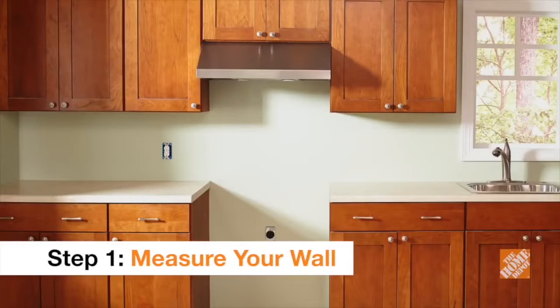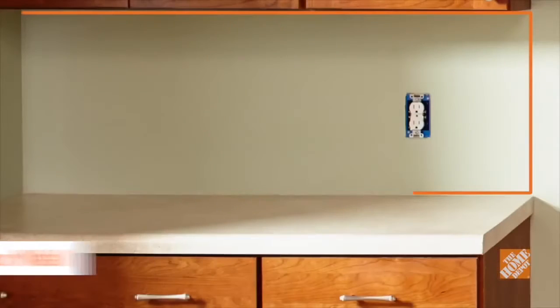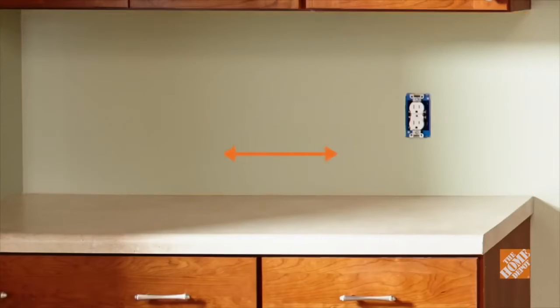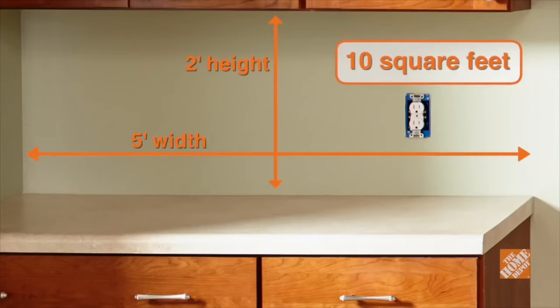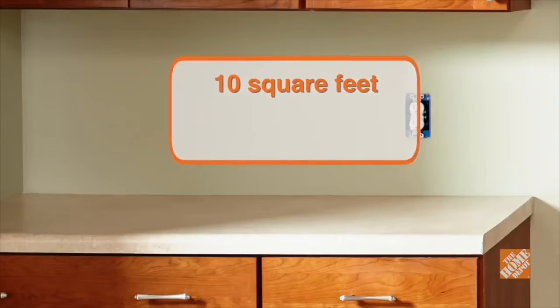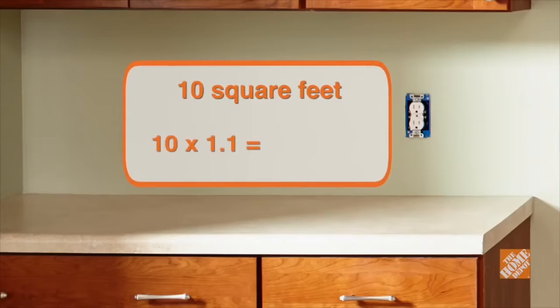To determine the amount of tile you need for your kitchen backsplash, calculate the wall space. If you only have one section to cover, simply multiply the width and height of the wall to get a square footage. The square footage determines how much tile you'll need for the project. You should also include an additional 10% of tile to cover small gaps and use as replacements for any pieces